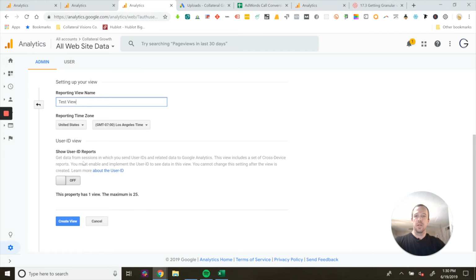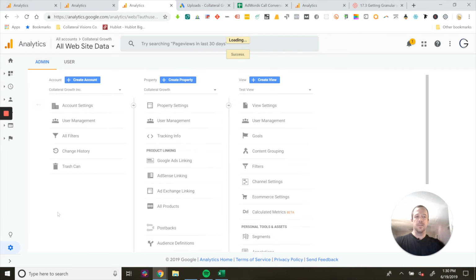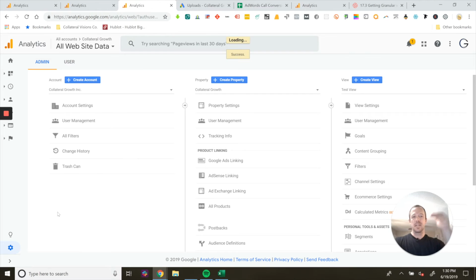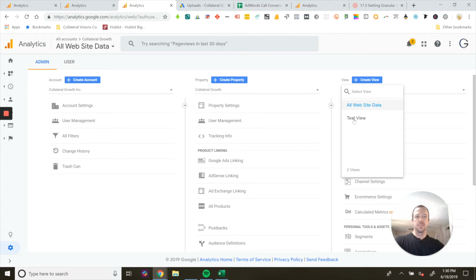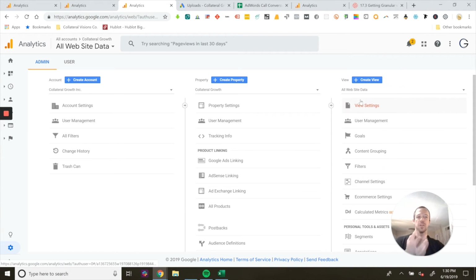We go down through here, right? You show users ID reports. And this is just basically where you can associate different reports or different conversions back to this particular view. And it'll make more sense whenever we go in here. But as you see here, you've got a view and you've got all website data, and you can just use the filters and associate the filters and goals that we've talked about back to certain views so that you're having a little bit more hyper-focused, rifled view of a particular action, items, creative, product, whatever you're trying to really do